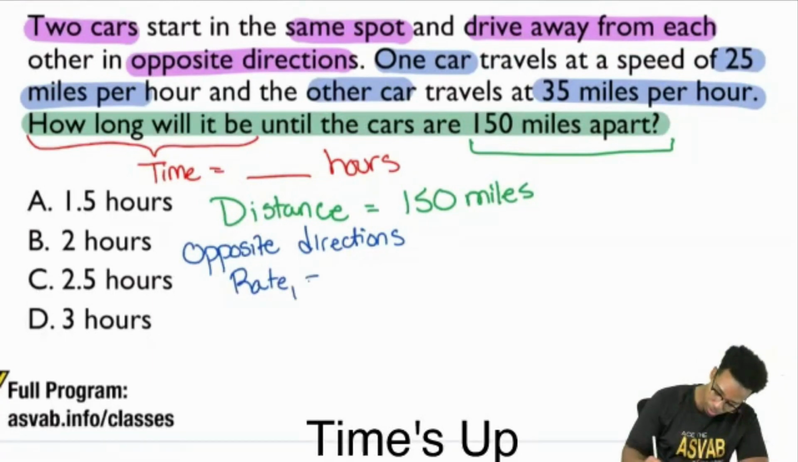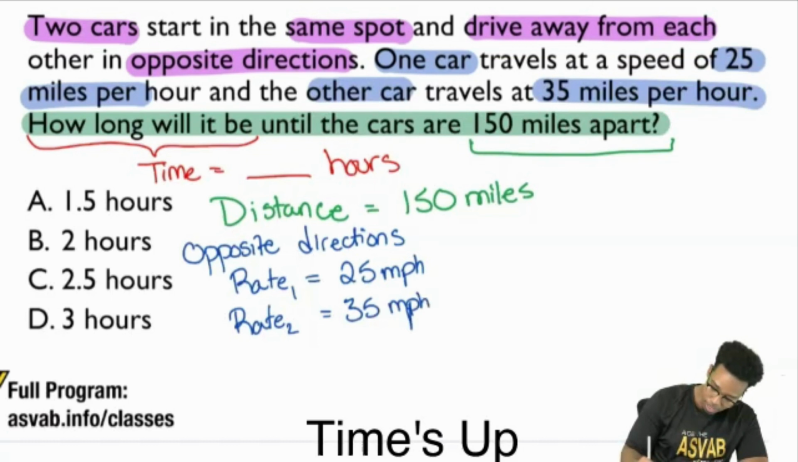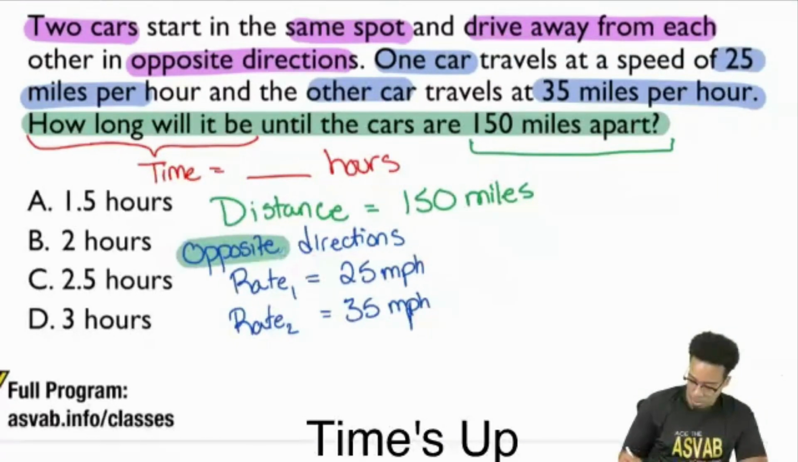So we have rate 1. That's going to be 25 miles per hour. We have rate 2, and that is 35 miles per hour. So because it is opposite directions, we are going to add. Opposite directions means we take these and we will add them. And so the real rate is going to be